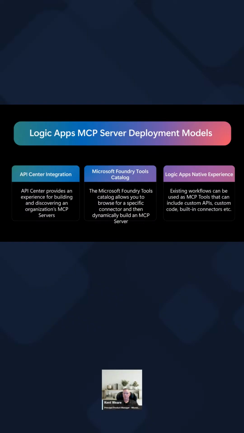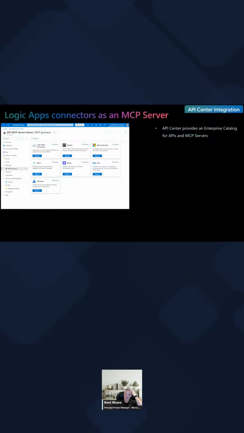Then we'll see the Microsoft Foundry Tools Catalog, and this allows you to browse for a specific connector or operation, and then dynamically build an MCP server around it, starting inside of Foundry. And then we'll show you the Logic Apps native experience, where you might already have a bunch of workflows, and how can I just enable MCP on top of those existing workflows? And we'll certainly show that as well. So let's start with API Center.